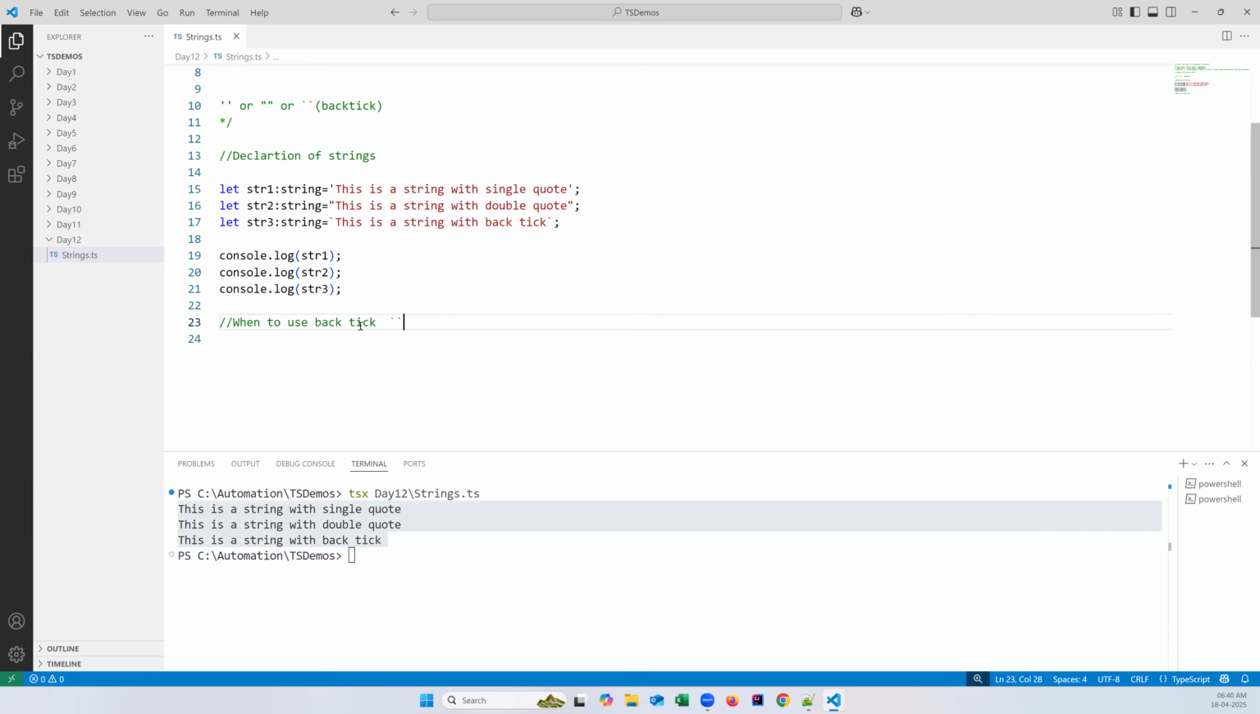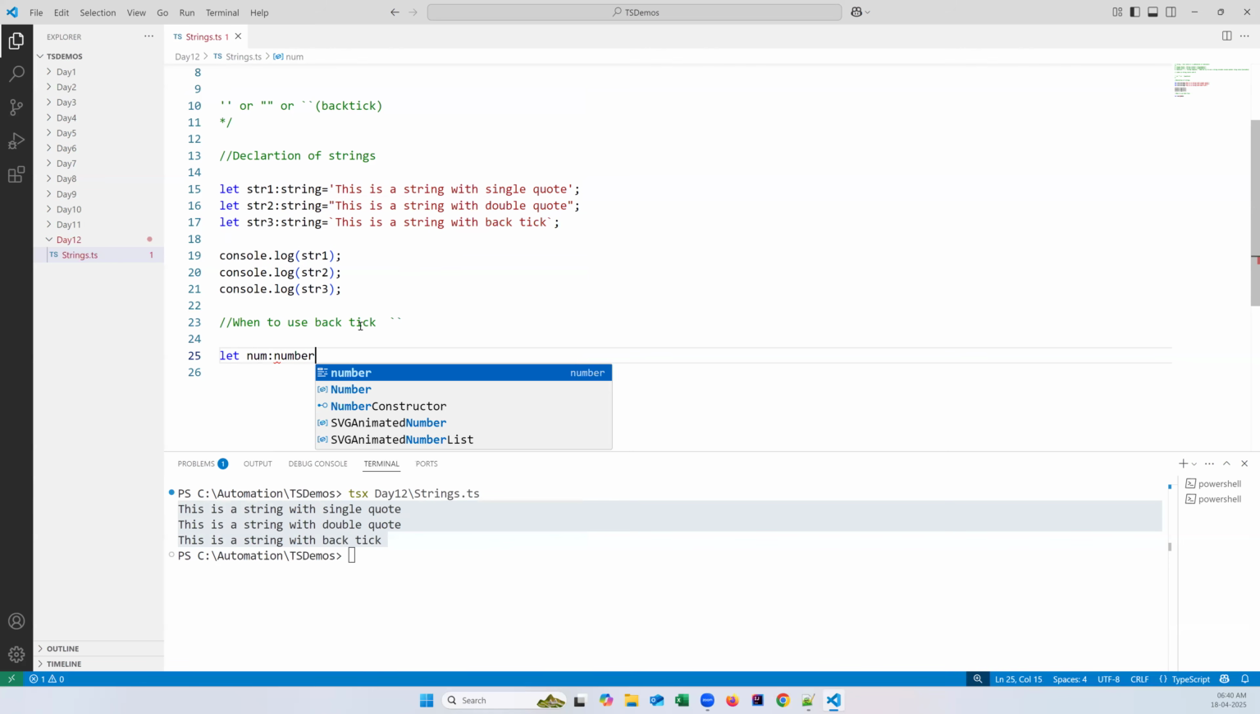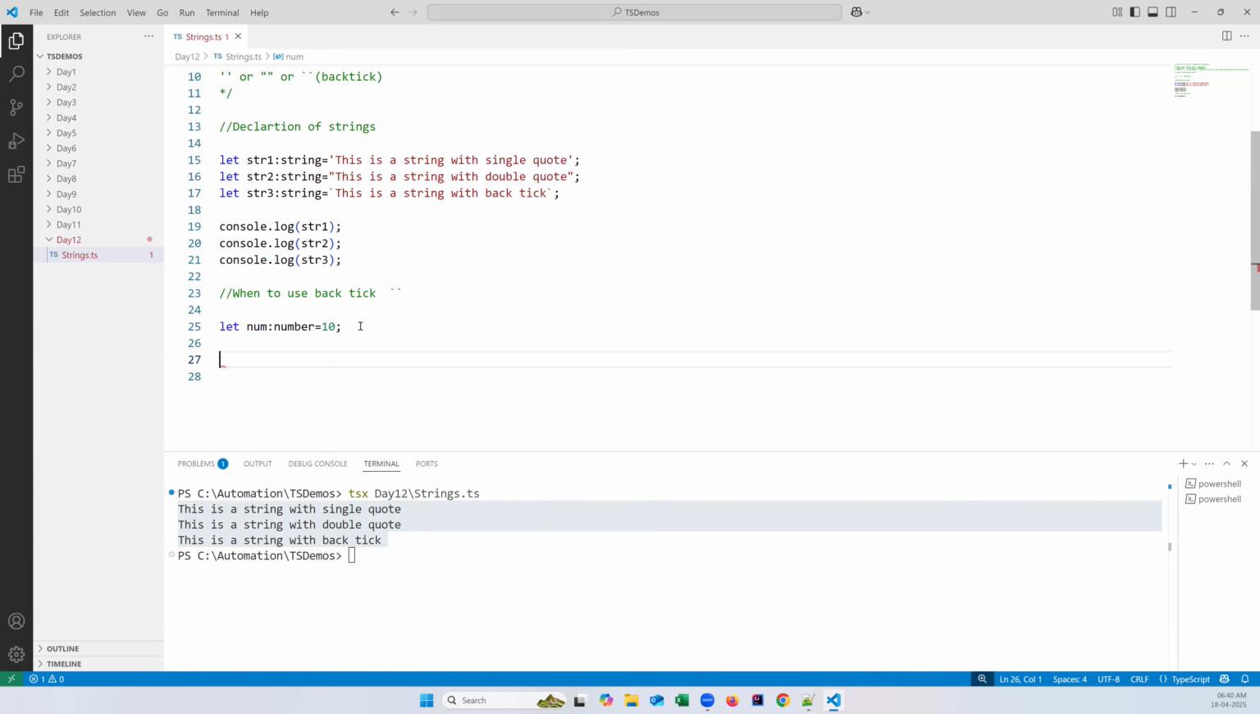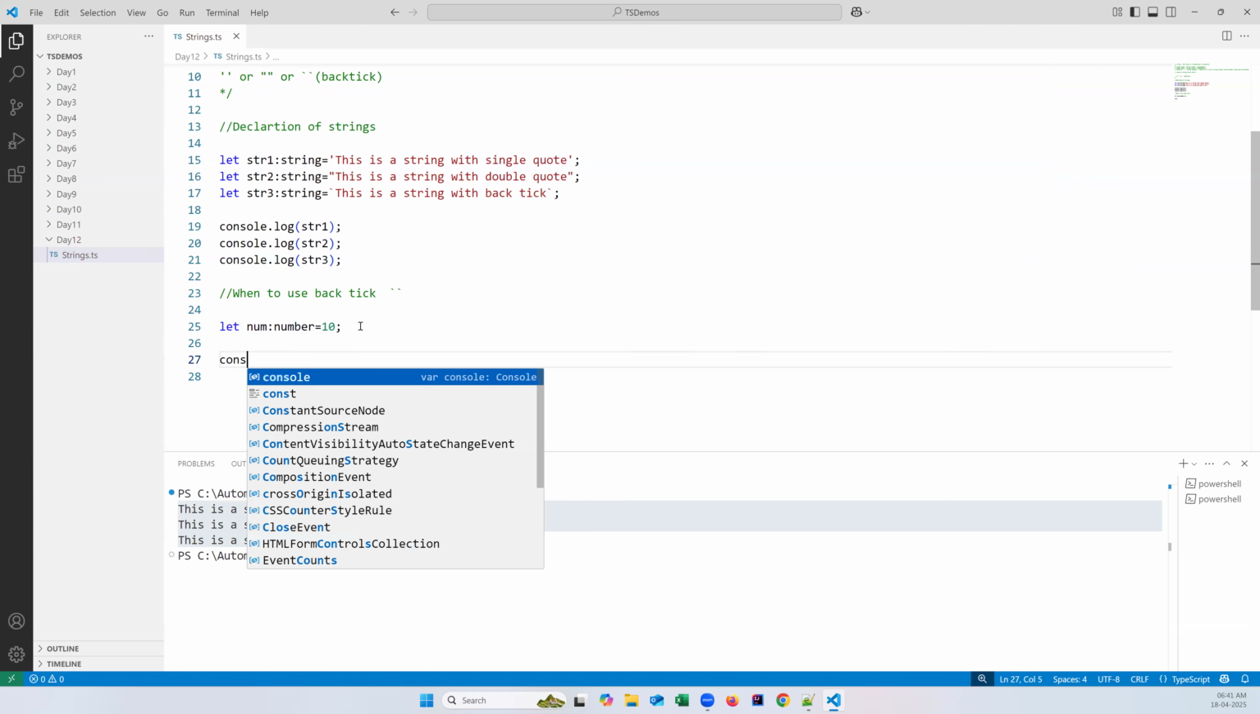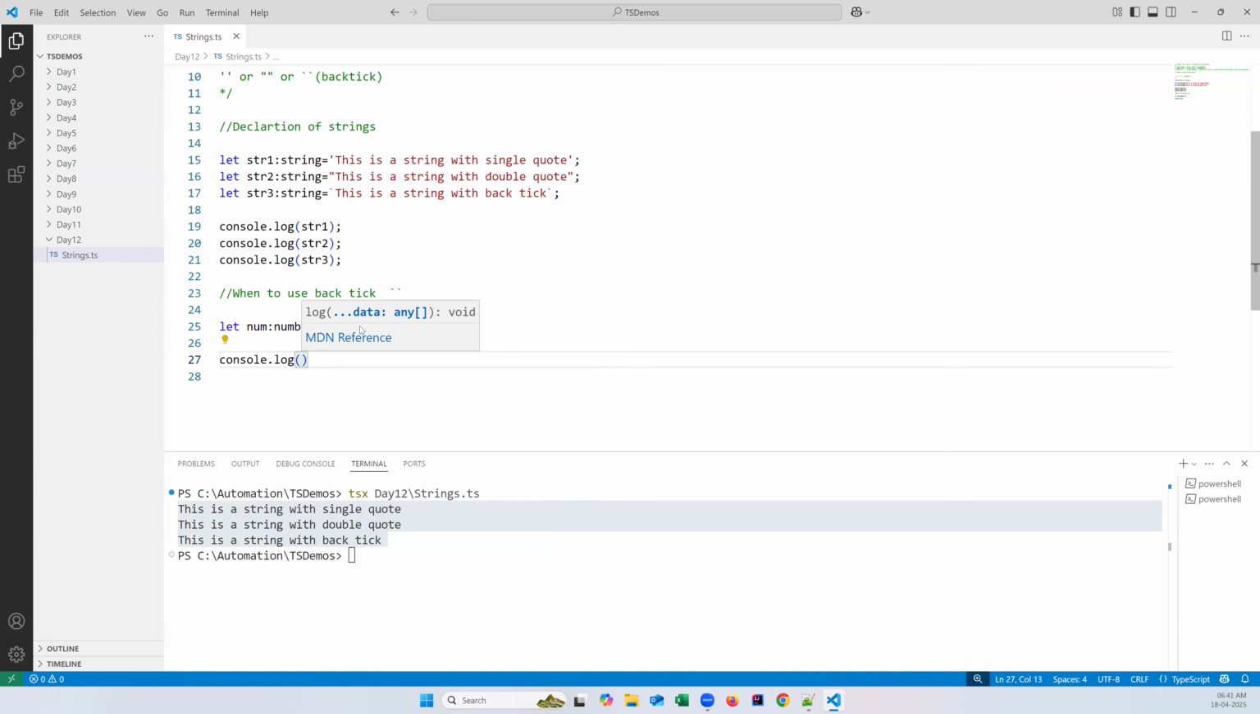Backtick means this is a backtick. Okay, so for example, let's say I'm taking a number. This is a number type of variable and storing some data. Now, if I just try to print the value like this, I can say number is,